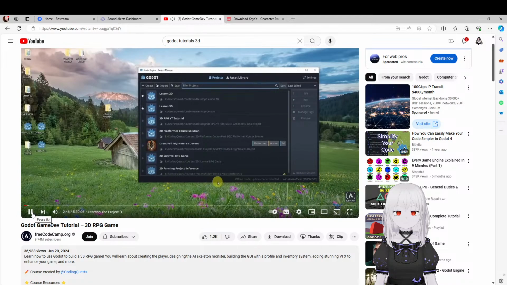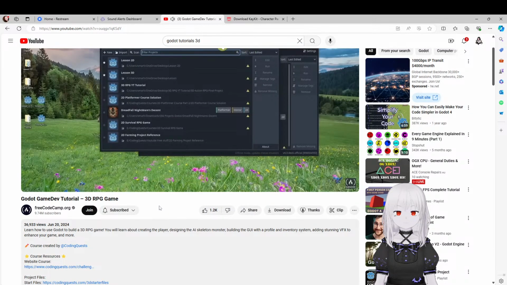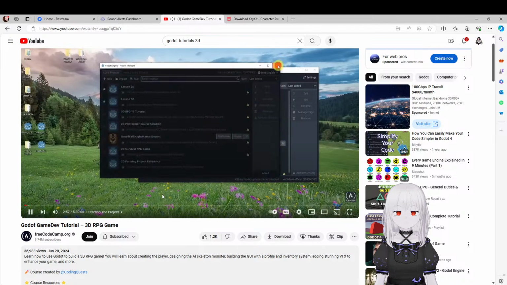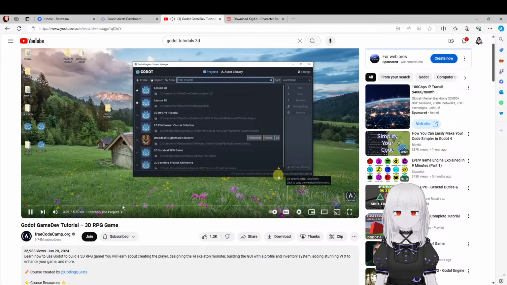Now there is something to note. At the moment of this recording, the stable version is 4.2. In fact, I can open it up and you will see the version is 4.2.2. The version I'm going to be using is 4.3, as this is kind of in beta or in dev. At the moment, it is not buggy per se, but it is just not stable yet. I'm going to be recording this, and hopefully by the time you're watching this and following along,